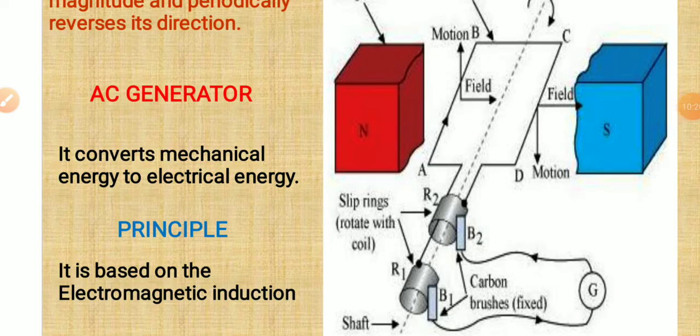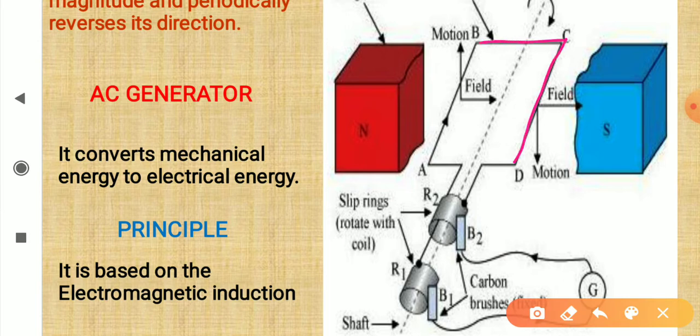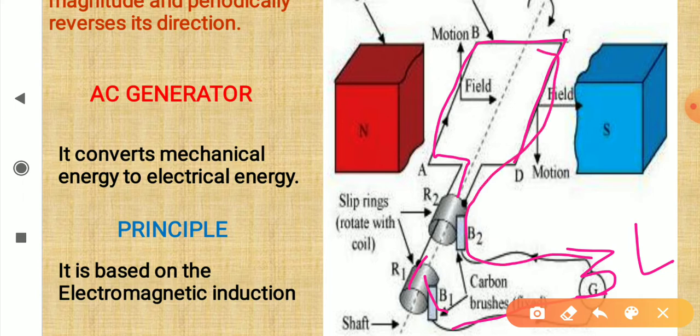See, the current is traveling from D to C, to B to A, and then it is passing through this slip ring R2 without touching it to R1, and it is in contact with brush B1, and through this galvanometer, which is the external circuit, we can also call it load, it is following this path. So the path followed is anti-clockwise. In this load, the current is moving from down to upwards. So let's see what happens when it is further moved.